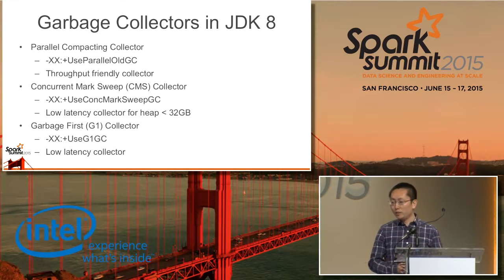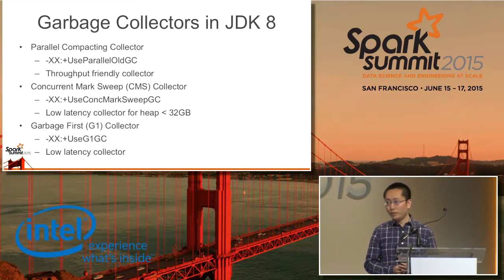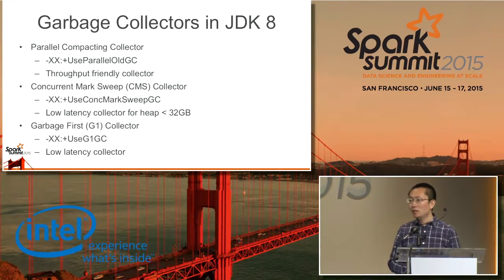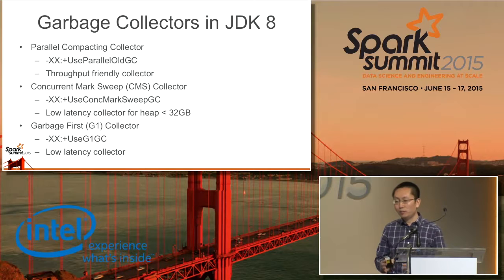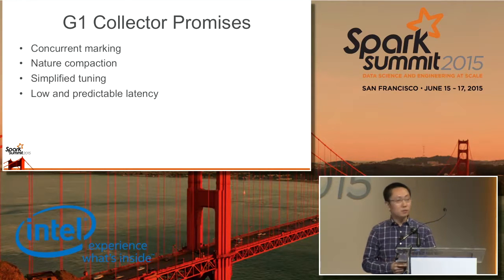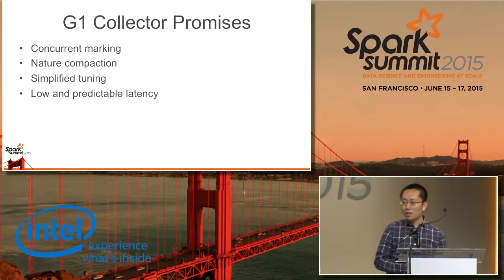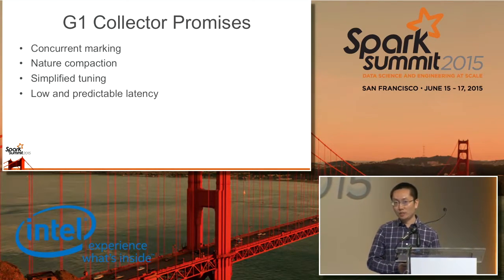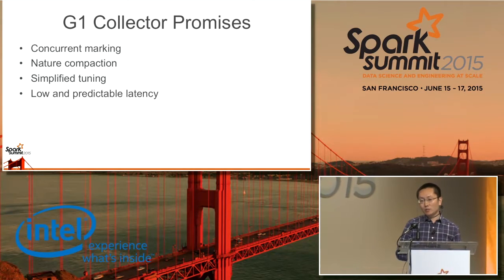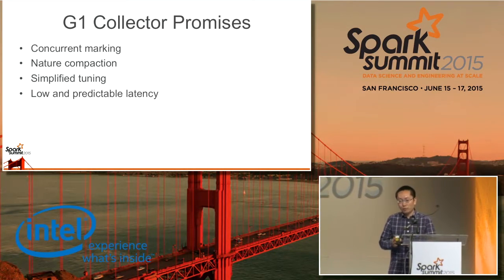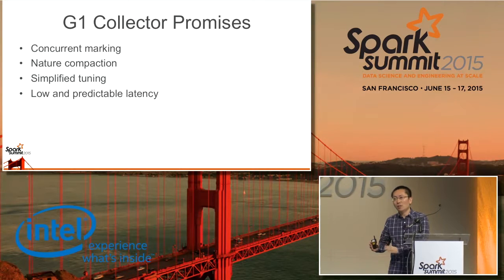And then there is the new garbage first collector. It is also a low latency collector, which means you have some capability of lowering the latency, and there are some other good promises as well. So here are the G1 collector promises we have. It has concurrent marking, similar to the concurrent mark sweep GC. So when the application runs, you collect some part of your heap and mark those dead objects,